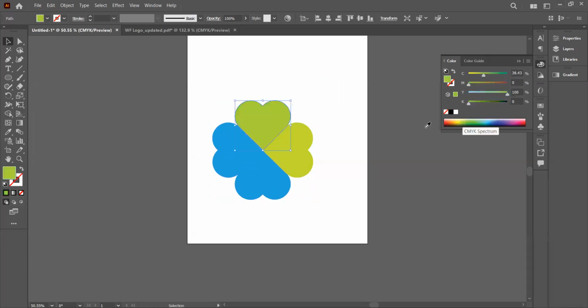Give this one something reddish a bit. So you can form anything. You can print this on the clothes. You can print this on anything. You can use this to form pattern.